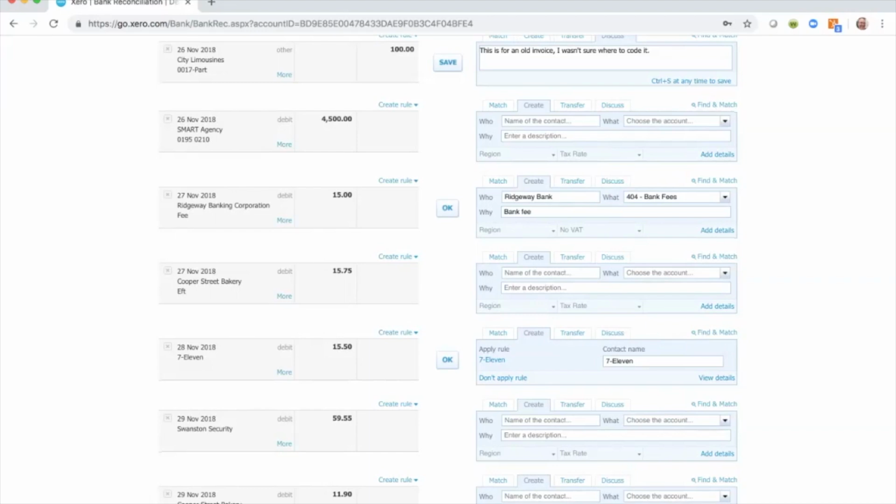But what if we are paying, for example, our suppliers, and we're paying off more than one bill at a time? Well, obviously it's not going to match an individual bill. So here we have an option for find and match. So when I click on this,